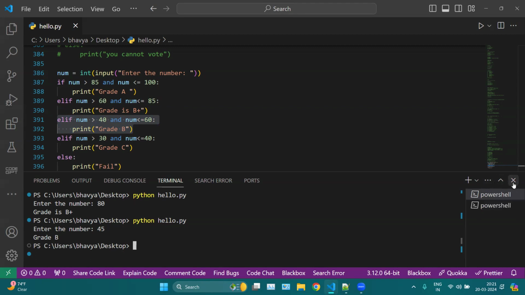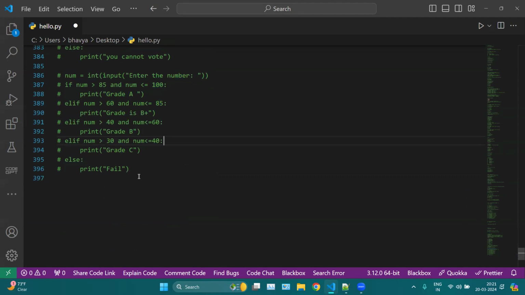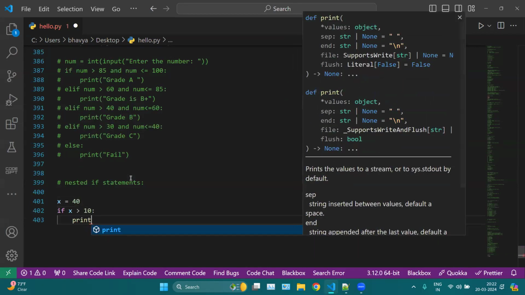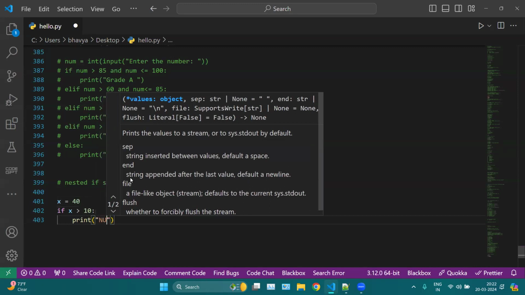Then we can again take an example of these simple if elif else statements. Then we have nested if statements. Okay, for example, let's say we are taking x equal 40 here as a number. Now here we are checking if x is greater than 10 here. Okay, so print, we can simply print number